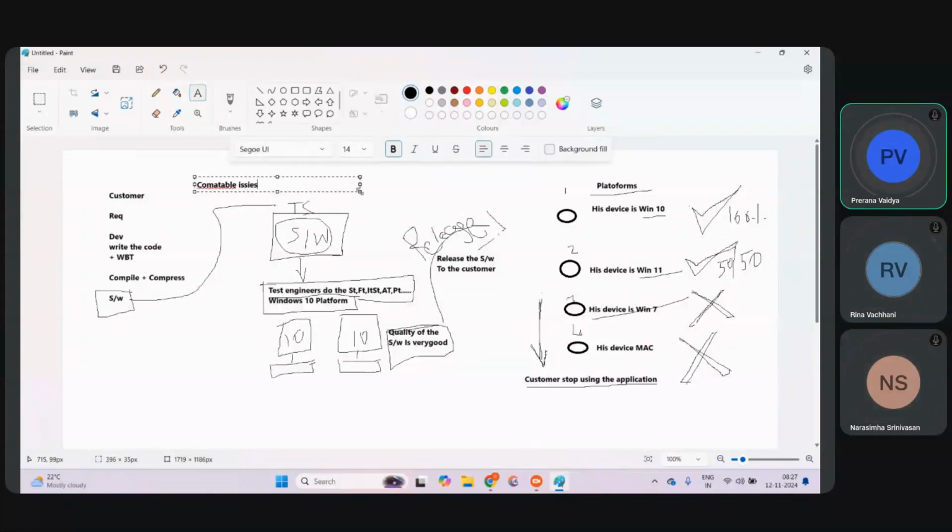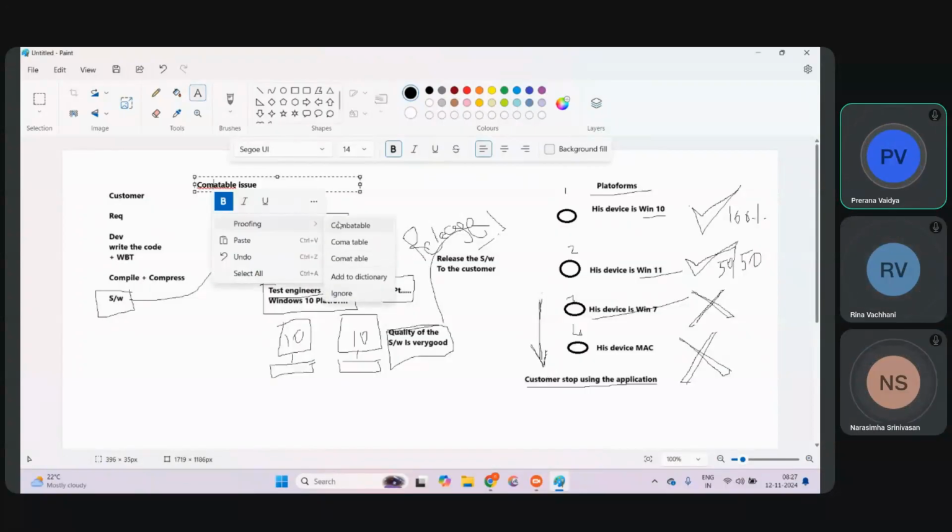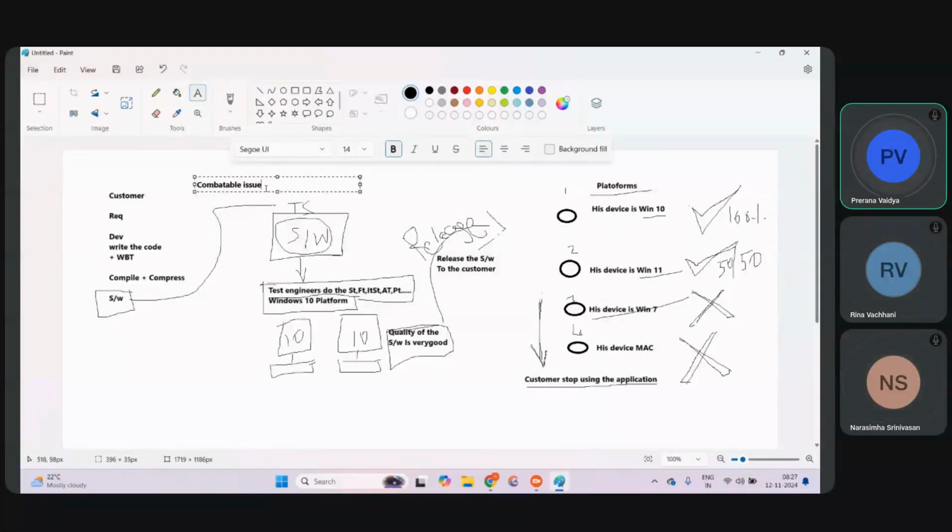Issues, the customers are not able to use the software properly. So, in order to avoid this, we should go for compatibility testing. What testing will we do? We'll go for the compatibility testing. These compatibility issues are coming,